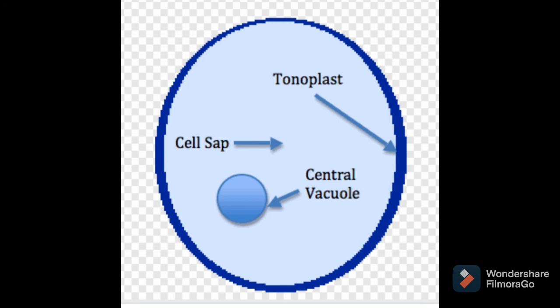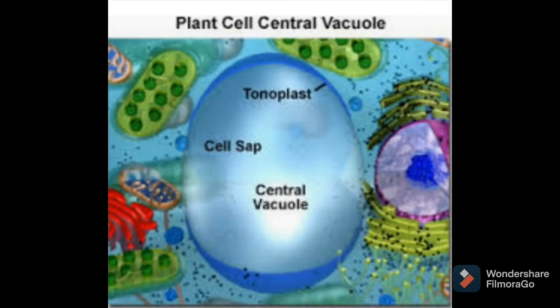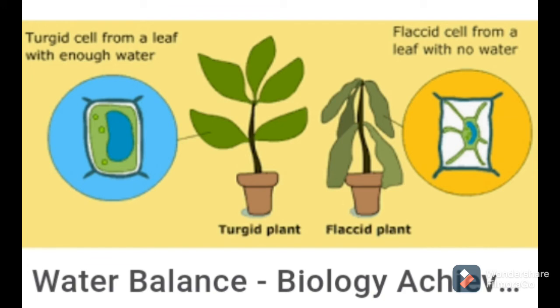What is meant by selectively permeable membrane? It allows entry of useful substances only and prevents entry of harmful substances into the vacuole. So, what are the functions of vacuoles? Vacuoles help the plant cell to remain turgid and rigid due to the presence of cell sap. Students, small plants also remain rigid, straight and erect. Why? Because of these vacuoles. These vacuoles provide turgidity and rigidity to the plant cell due to the presence of cell sap.